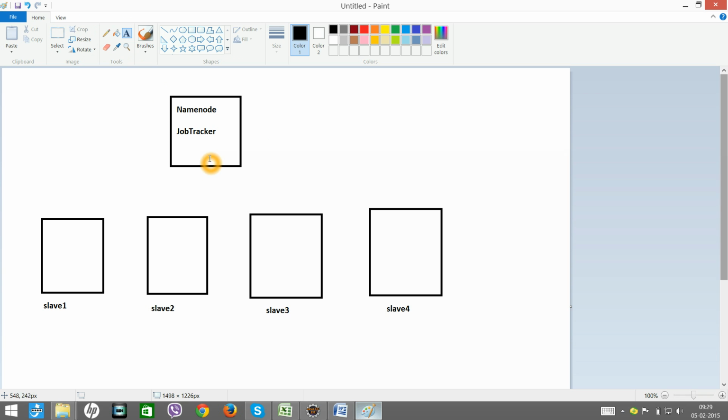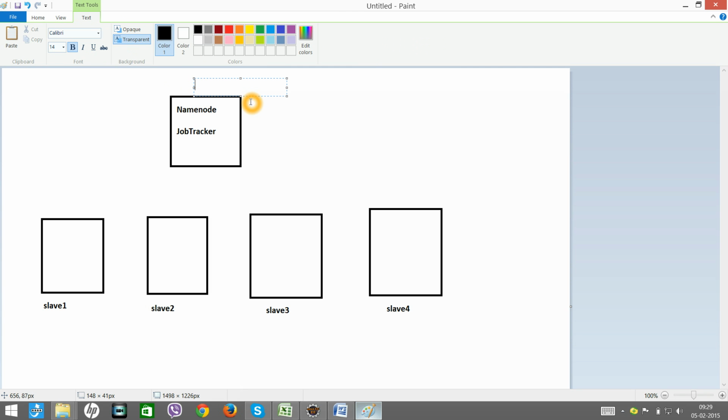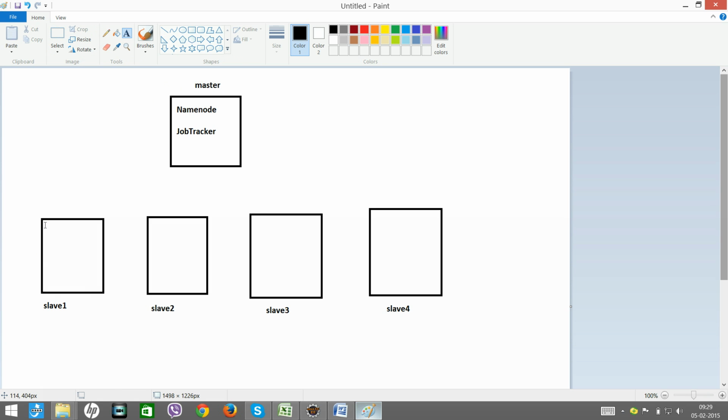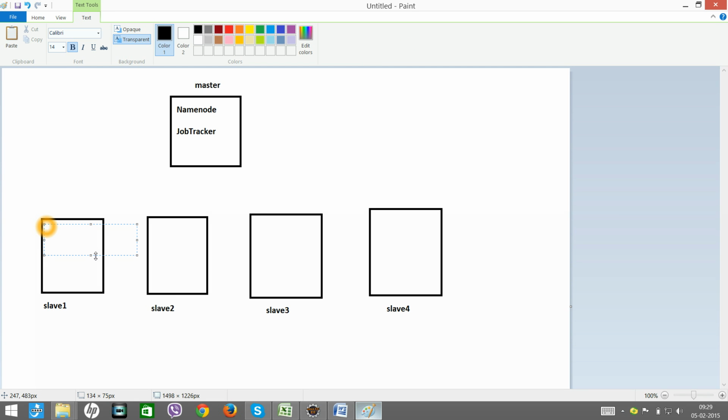This is your master computer. Now in your slave you will have task tracker and data node.